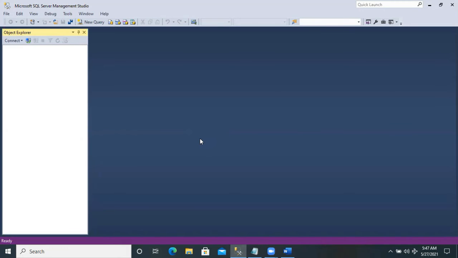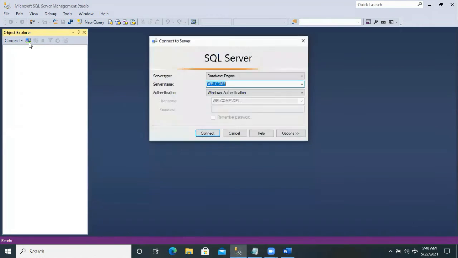While connecting to the server, I should establish the connection to the server, then only it is possible to create the databases and create the database objects like tables, views, synonyms, procedures, functions, and triggers, and handle the data. Friends, otherwise, even if I open the SQL Server, the screen looks like this here, empty. So here I'm trying to establish the connection to the server.